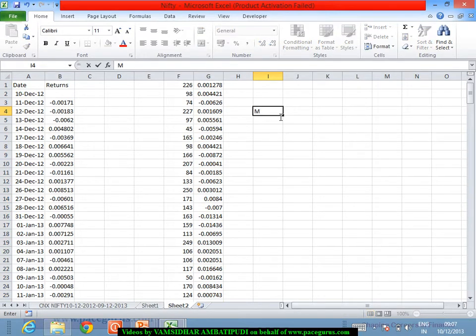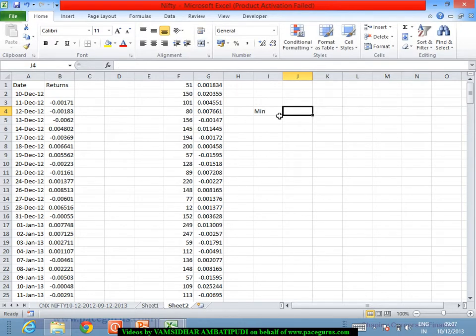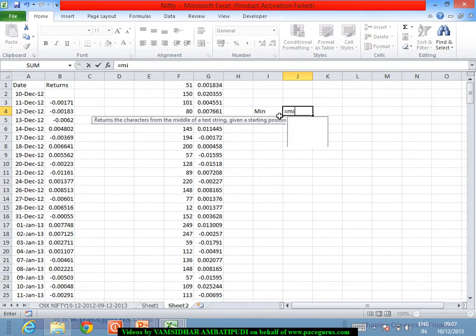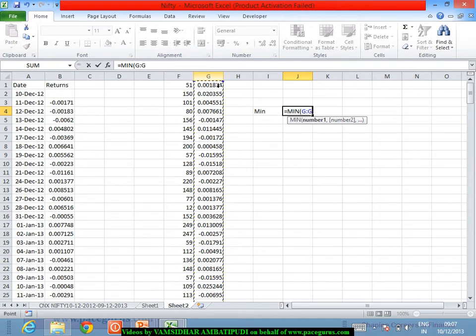Let's say I will try to find the minimum value in all these cases. Because I've taken 100, the 1% VaR is nothing but the first element. The first element divides the data into 99% and 1% on the other side.